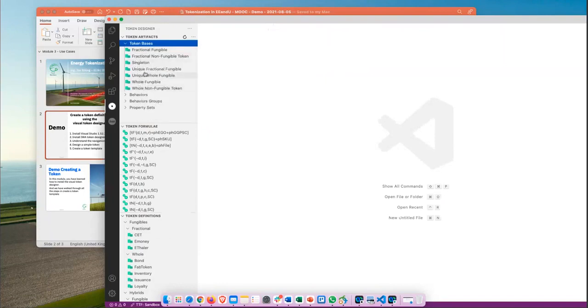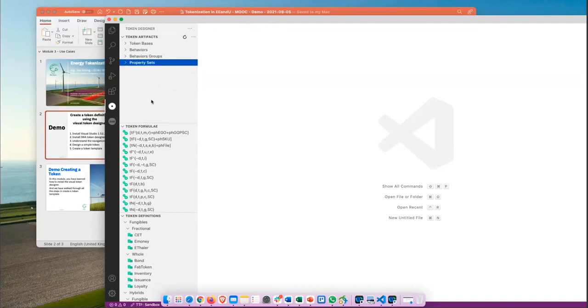You can also have here the token behaviors, so what's allowed as an action on your token. There's quite a long list that you can select from. Some behaviors are being grouped, for instance, supply control. And there is a pre-populated list of properties, the different properties that you can select from.